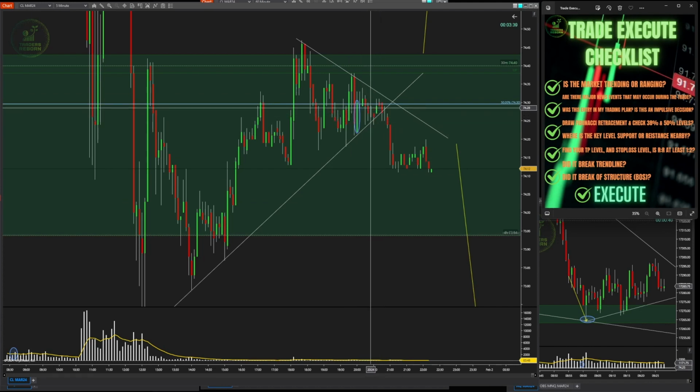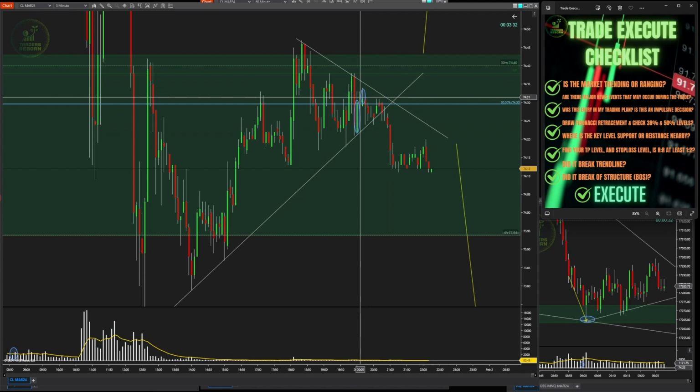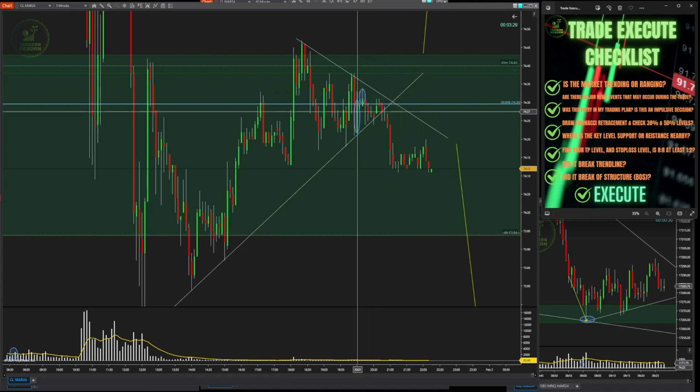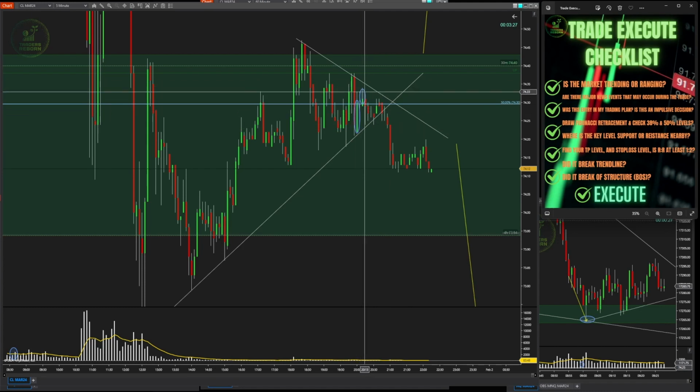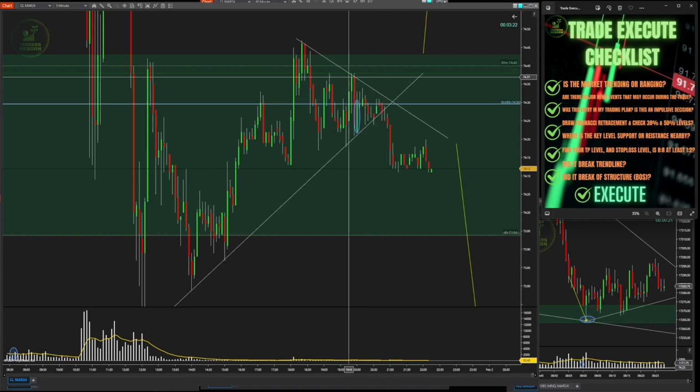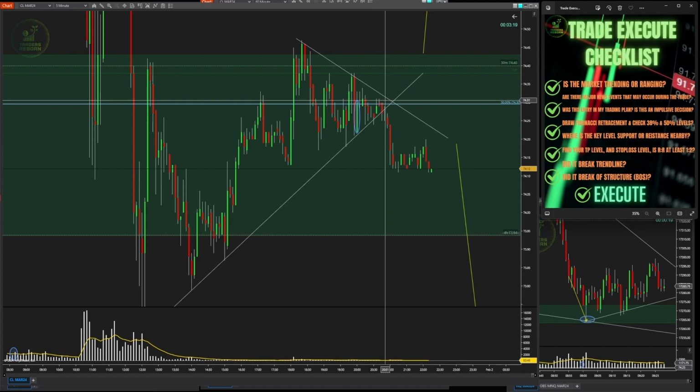And then I entered right around this area here. I entered on this rejection candle. This is where I entered. Once price showed some rejection there, I entered. And yeah, the next one did push up and consolidate, but it was never able to continue higher. Price never continued higher, right? And then finally, when it did break structure,